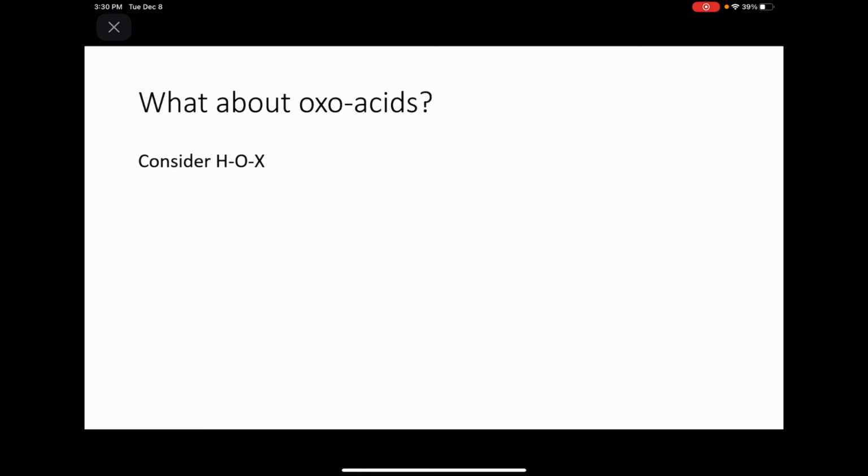So what about some oxygen-containing acids? Those were binary acids. The other kind of acids that we'll deal with typically are oxygen-containing, or oxo acids. So let's just consider something like HO and then X is some general element. So the more electronegative that X is, the stronger the acid. Okay? So remember, we're going back to what we learned in 105 about electronegativity. So judging based on the position on the periodic table,